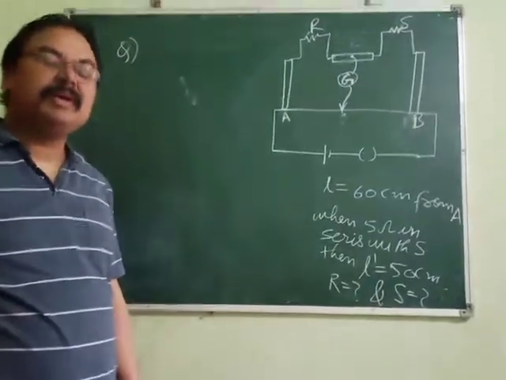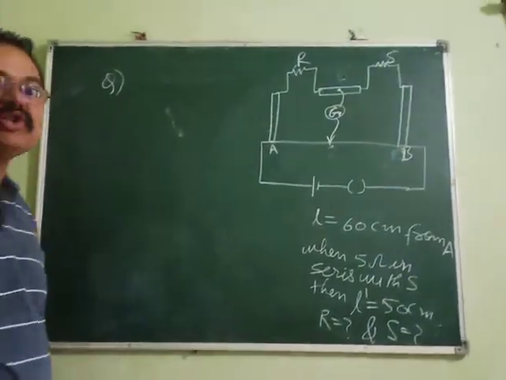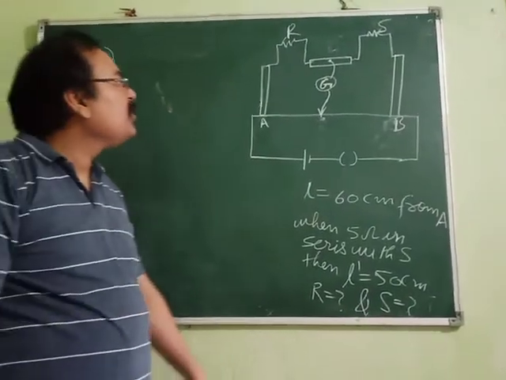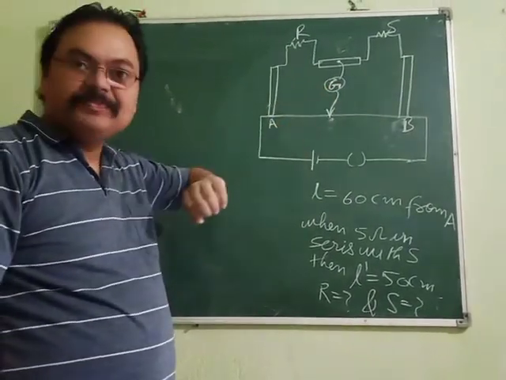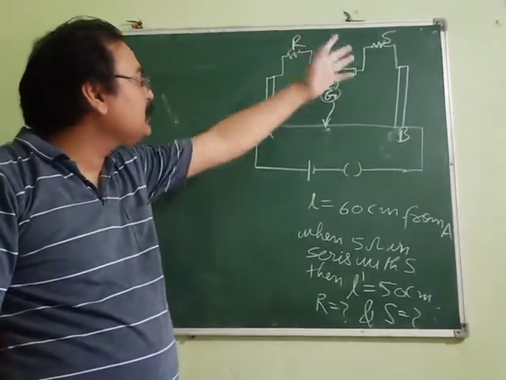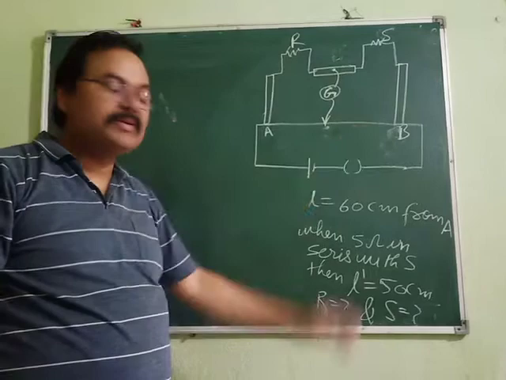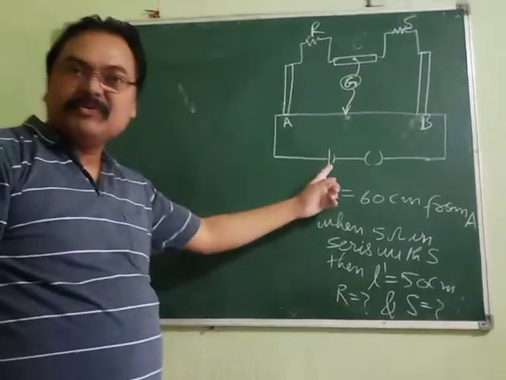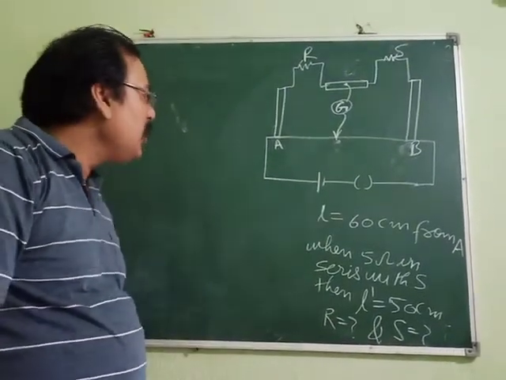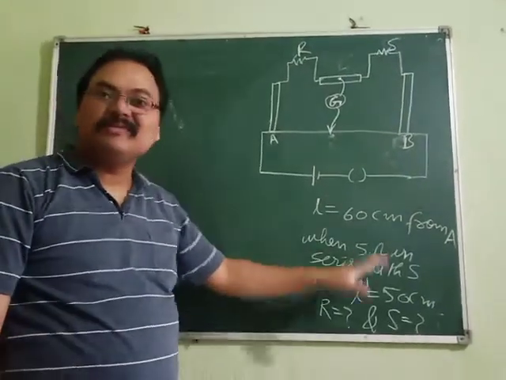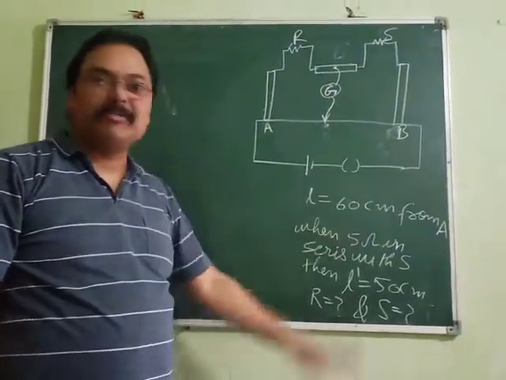So now let us take up a question on a meter bridge. Actually, this question was asked in board examination. See, this is your meter bridge, as usual, R, S, and this is the jockey, and this is the wire, connected to the EMF source. K is there. What is there in the question? First, in this condition, when the balancing length is found, it is found to be 60 centimeter.